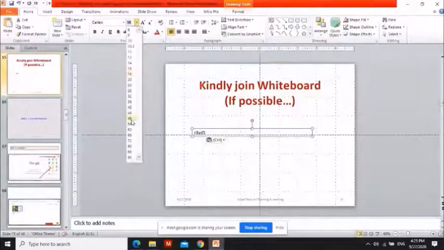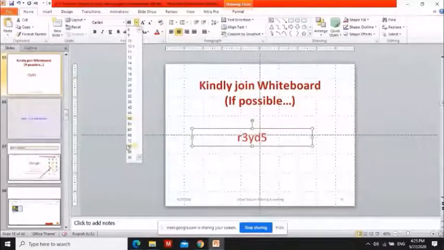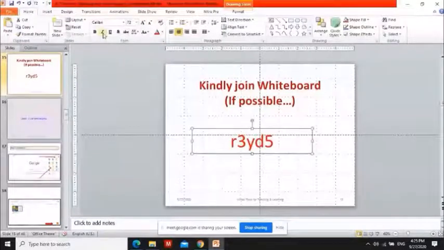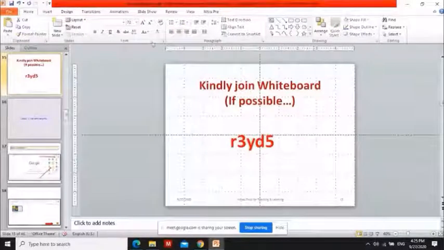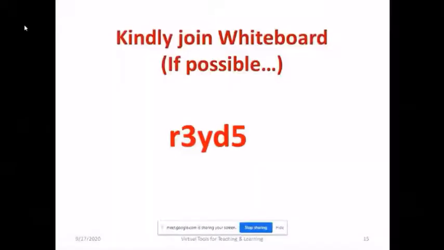This is the code for joining the whiteboard. If you have access, kindly join this whiteboard, where we will demonstrate how it functions. You just go to the browser, type whiteboard.fi, and click join. Use this code to join.